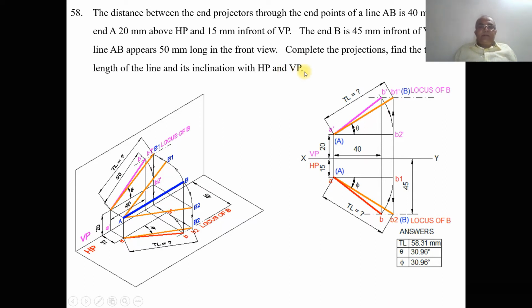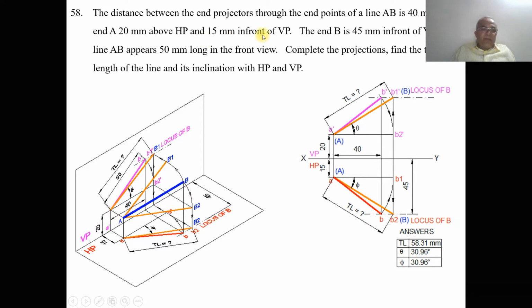So now here we will try to analyze this problem by using a three-dimensional sketch and also in orthographic views. And also I will explain how we can do this in the sketchbook. So first thing is the end A is 20 mm above HP. So when you look from the front view, we can see the distance of end A, 20 mm above HP. When you are looking from the front view, the image will be projected on the vertical plane. So you will get a dash. So the a dash will come here and capital A will be here.